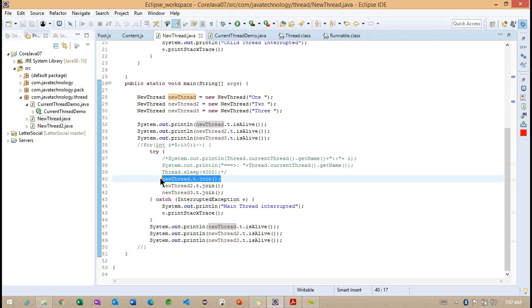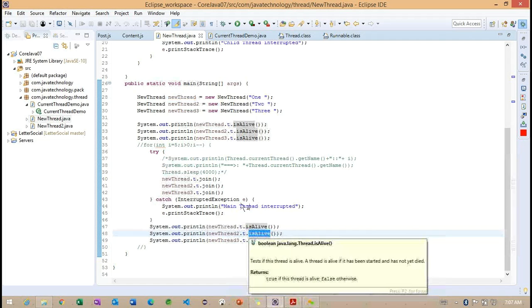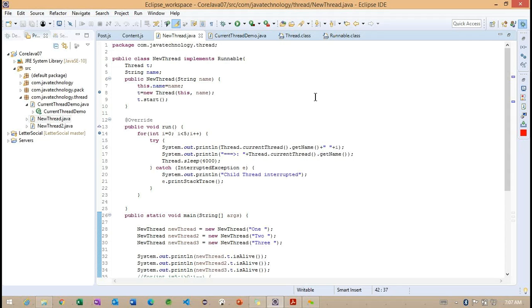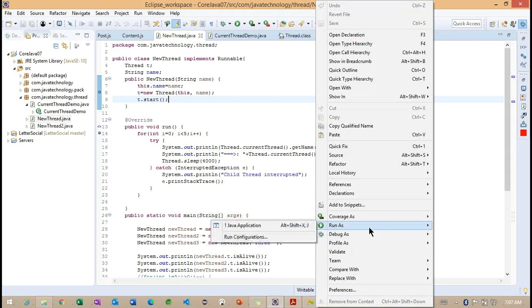Whenever we are calling the join method, internally the current thread is going to terminate. Until the current thread terminates, the join method is going to wait here. Getting the point? Until the termination, the join method is going to wait. Once this particular thread is terminated, we check again with the same reference whether this current thread is available or not. So these are about the isAlive method as well as the join method. Carefully observe how exactly this example is working internally.